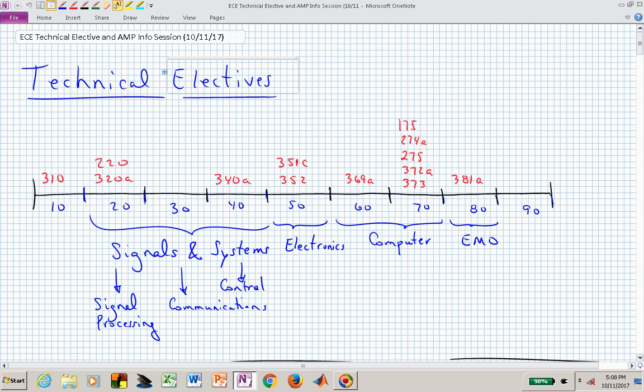I want you to start thinking in year-long periods because you need to anticipate what classes will or won't be taught and when they will be taught so that you can optimize your selection of technical electives. And I'm not sure if you've ever looked at the curriculum the way that I've drawn it here